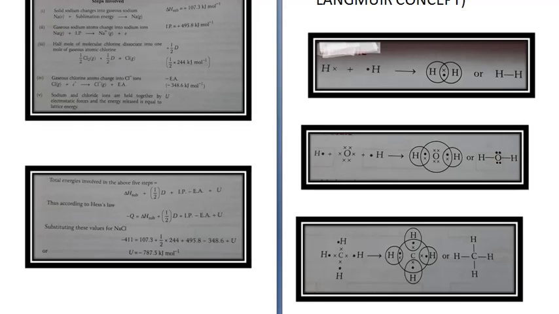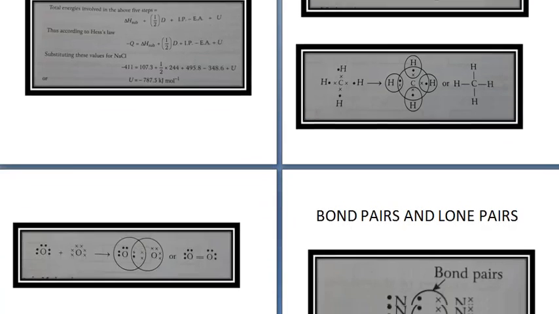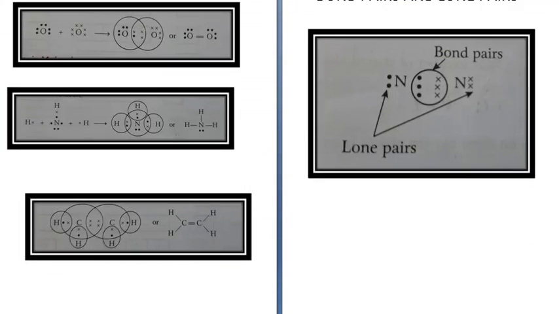Okay, let me show you a few more examples. When two atoms of oxygen share electrons, the electrons of one atom are shown as dots and the electrons of the other as crosses. Here they share two electrons, so each oxygen has 8 electrons. This is a double bond because they are not sharing 1, they are sharing 2.